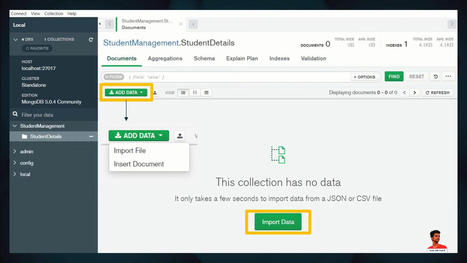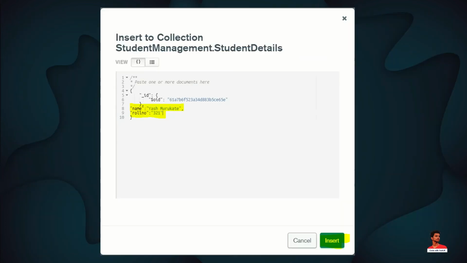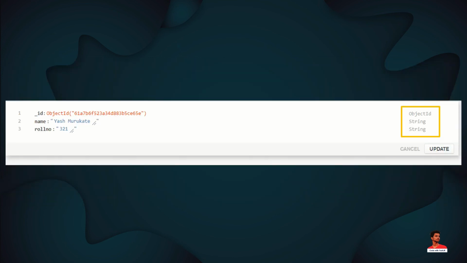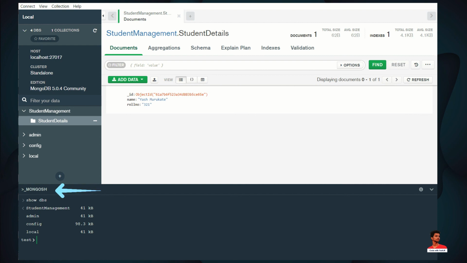Click on that database to enter values. Then click here on add data and insert document. Here you can also import documents. Here we have entered fields and values. After that, click on insert. Here we can see that the values which we entered are stored. Here you can edit, copy, clone or delete the document. When you click on edit, you see the data type of that particular field or value. For compilation, we have a compiler as CMD, not exact CMD, but here we can use commands to perform operations and check output. Here we have used the show dbs command to see the databases present here.